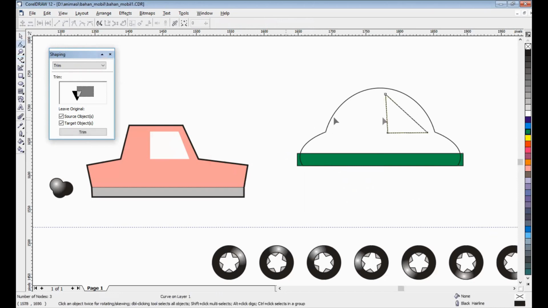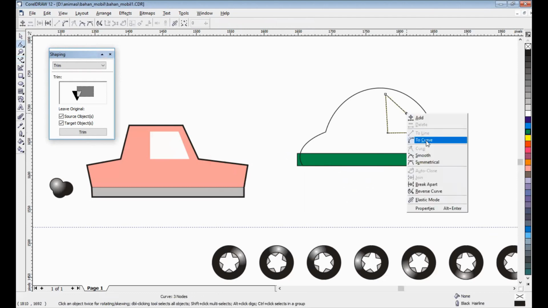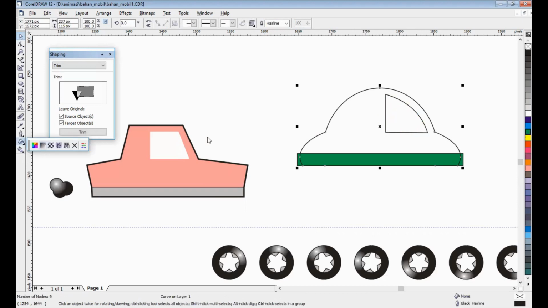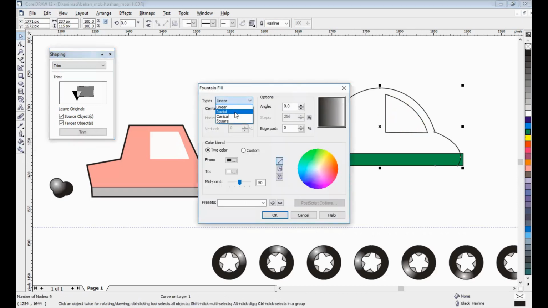Okay. Purple. Sorry. Yeah. Okay. But this I want to make a fountain fill.